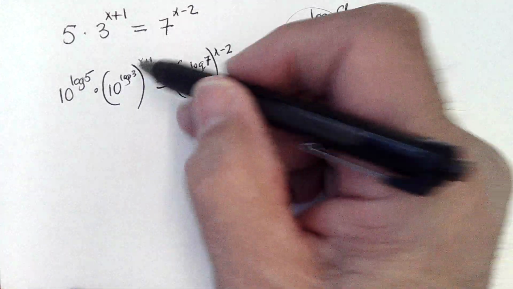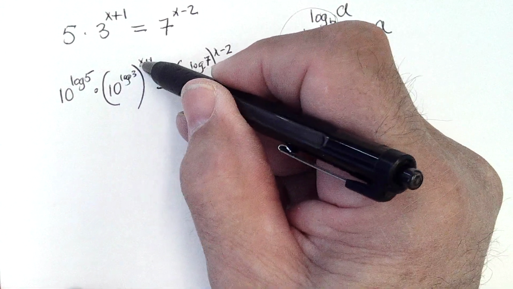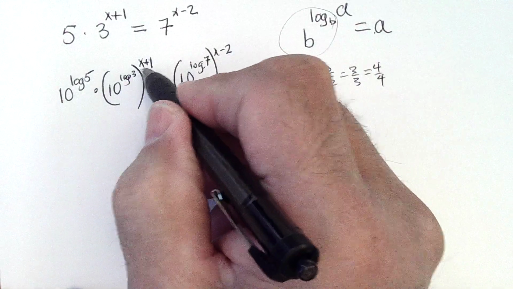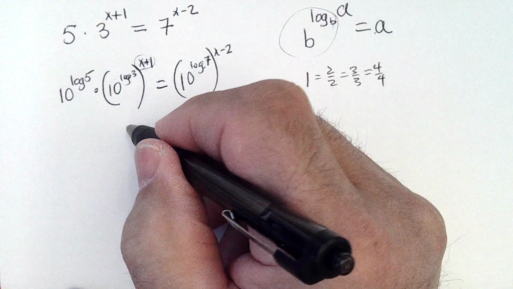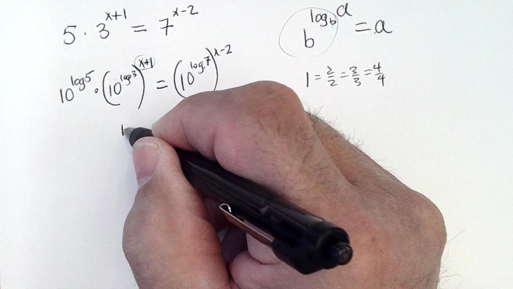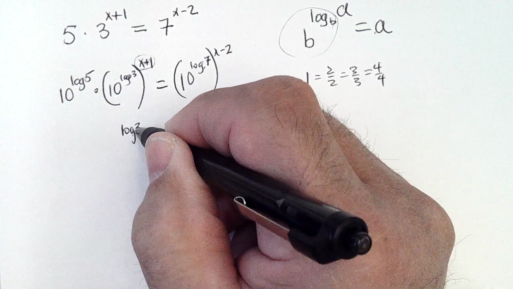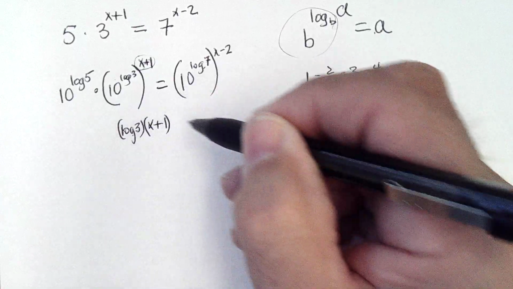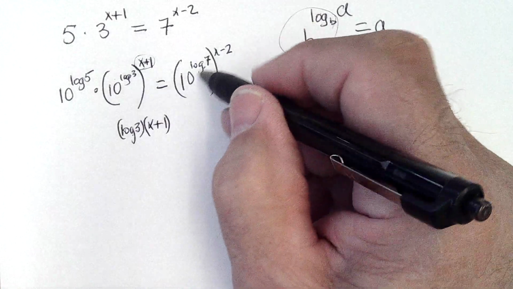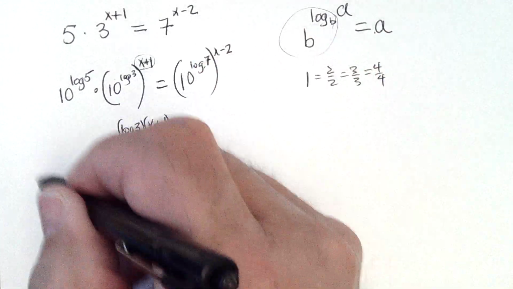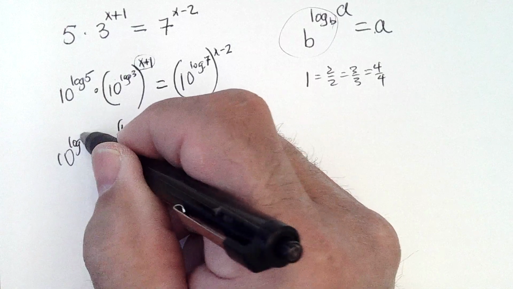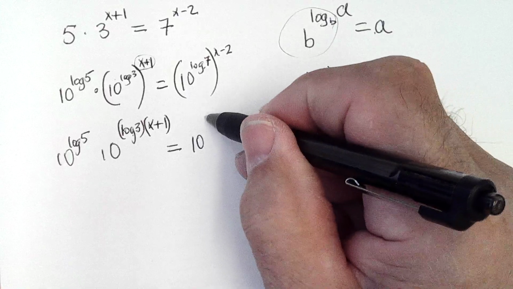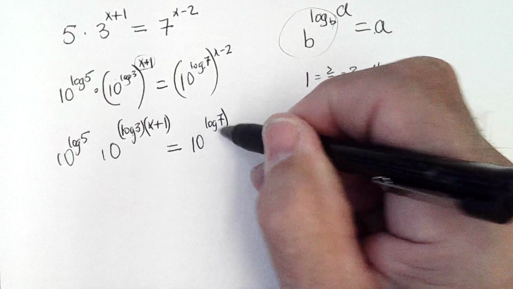And because this could look like log of 3x plus 1, we tend to write this in front of the log. So we write log base 10 of 3, that times x plus 1. And that's what 10 is to here. And we have 10 to the log 5 for this equals, and we got 10 to the log of 7